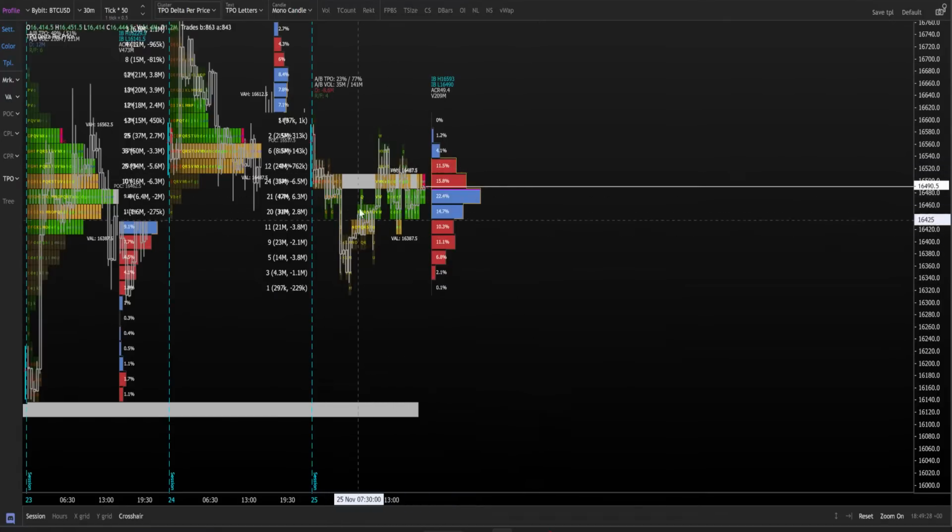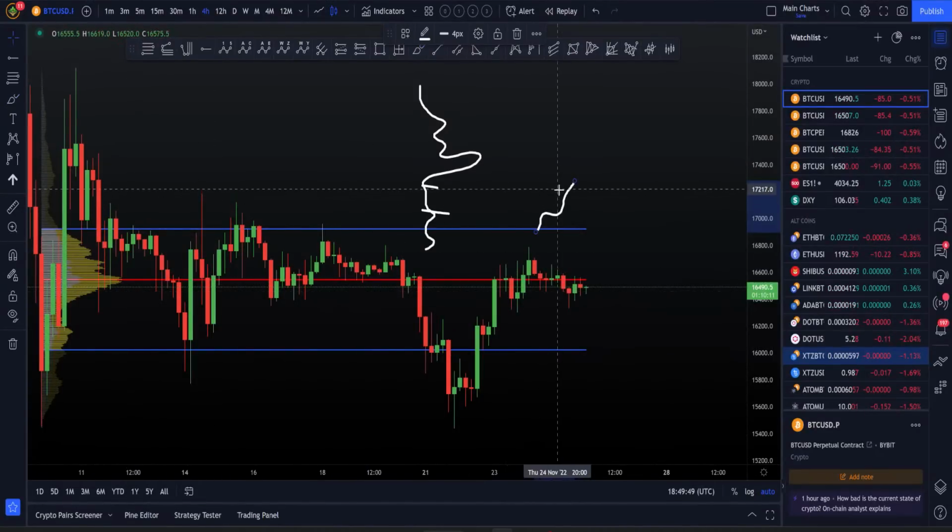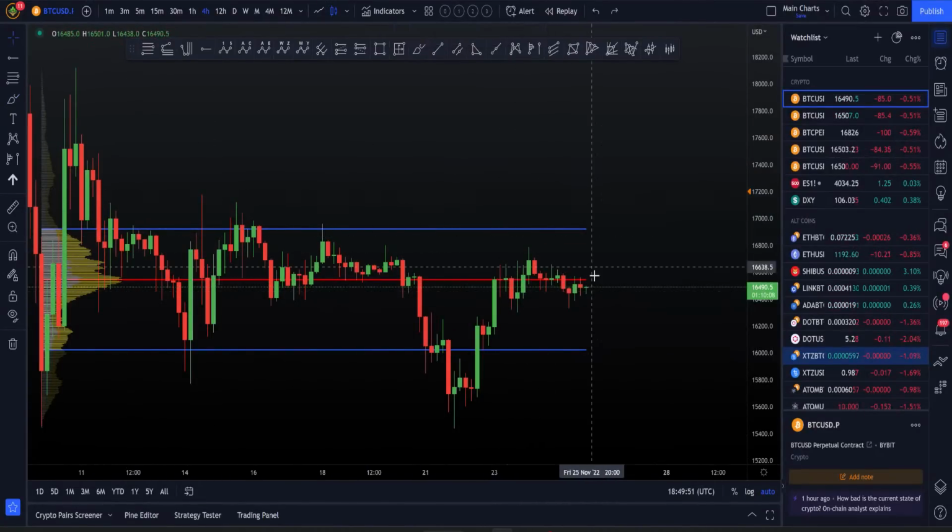Somebody that has the education, somebody that knows what they're talking about could understand that, could recognize support, could recognize acceptance, and know that what many people refer to as a BART pattern or manipulation is actually a very well thought through process inside of this cryptocurrency market that does happen often, but it's absolutely tradable when you know what you're looking for. So to answer your question, how do I get the point of control? Well, really simply, I can just use a fixed range. But then how do I use that information to make very informed decisions?